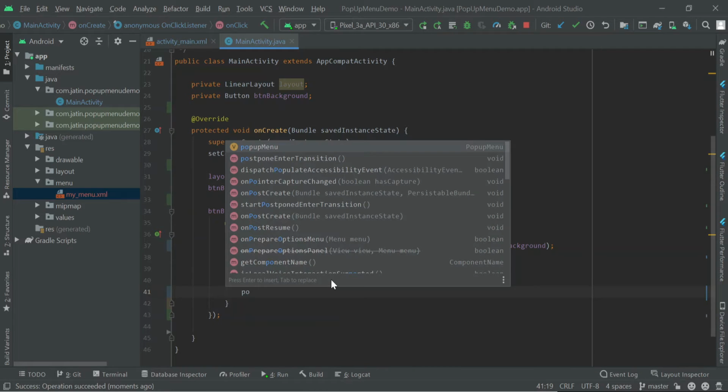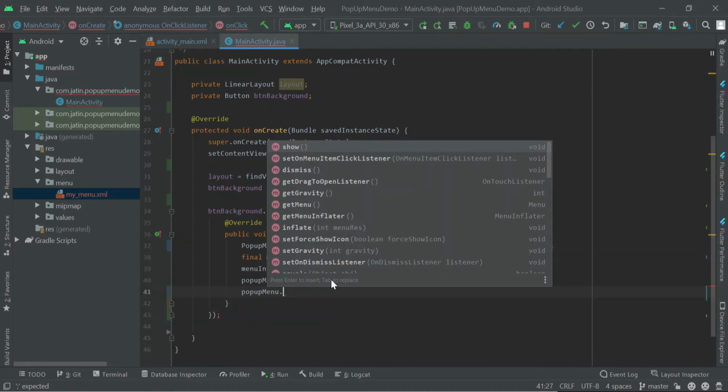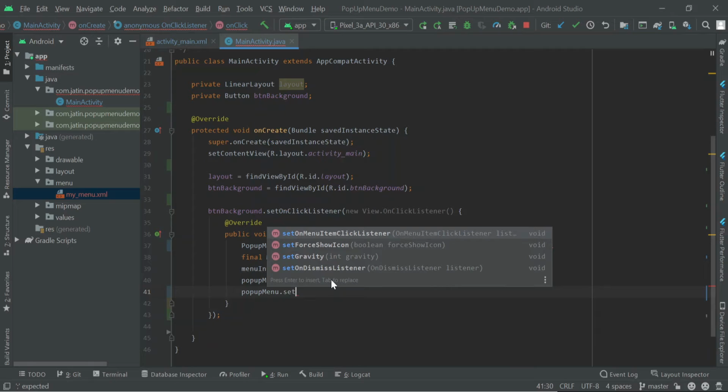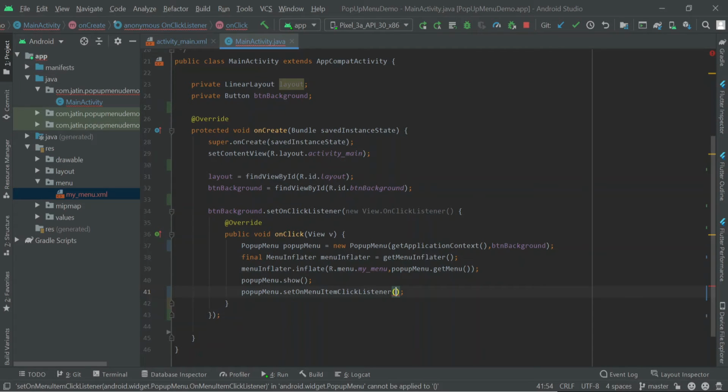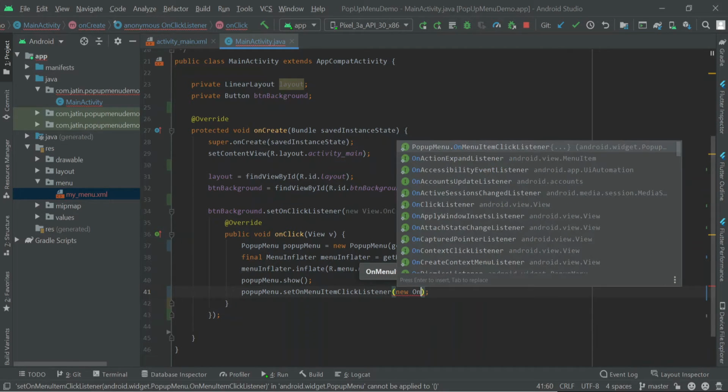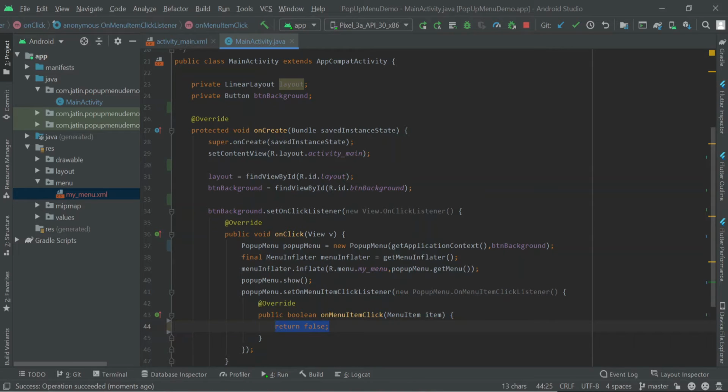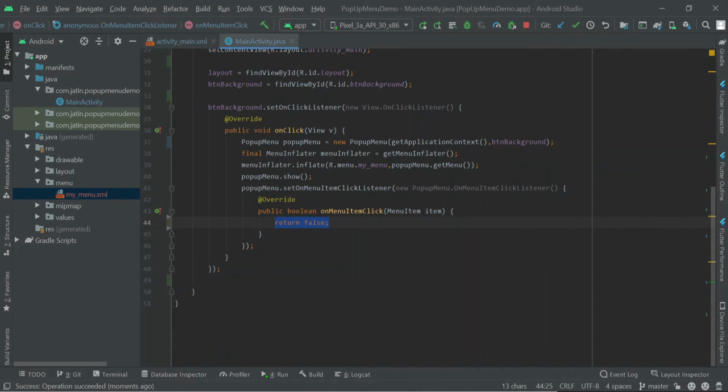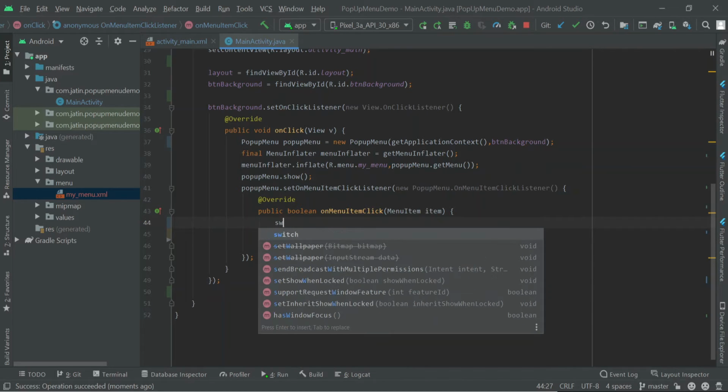Simply add pop-up menu dot, the method you need to call is set on menu item click listener, and simply say new on menu item click listener. Here, same way you have to do like we have done with the other types of menus in Android. If you haven't done that, you can check out my previous videos like context menu and option menu. First of all, you can add a switch over here.